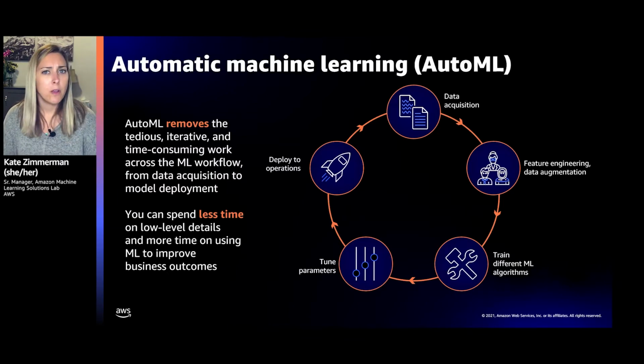And that's exactly what AutoML is trying to help remove: make this more frictionless, lower those barriers, be able to build machine learning models even when you don't have deep expertise in every single one of the areas in my little wheel here on the picture. And the whole goal is that you can spend less time on these low-level details, right? So less time getting into the nuts and bolts of how you want to do different feature engineering techniques, and more time analyzing the results coming out of your model. So you can start thinking about how machine learning can deliver mission value or business impact faster, and spend less time, again, on these more tedious and intermediary steps that it takes to actually build those models.